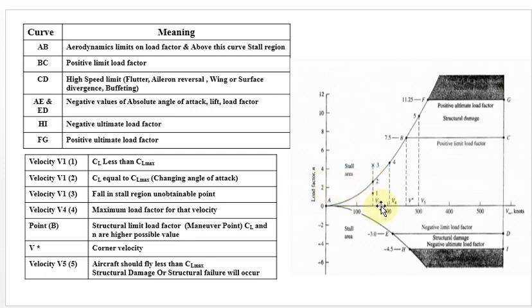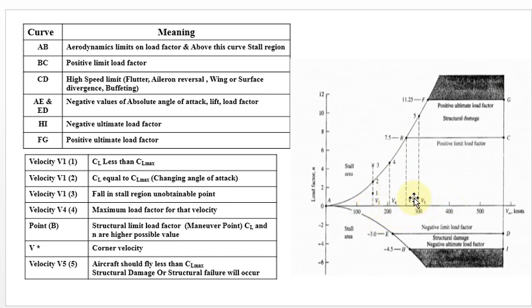In the same way I am increasing the velocity for the same aircraft. If I increase the velocity, the CL value automatically increases. So this is my CL max value for the particular velocity, and for that maximum CL, this is my maximum load factor value. Like that I can change my velocity value and get my new N max value for the corresponding CL max value. That is why the graphs are drawn. So the first point is over, then the V4 point is over.